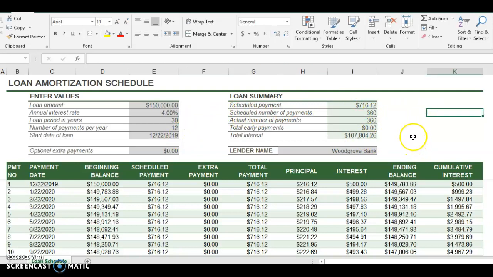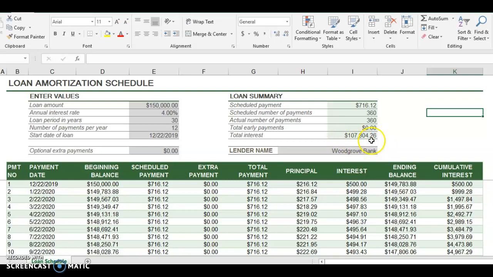And this is what I love. As I was changing these numbers, you may have noticed that these numbers were changing. The scheduled payment monthly would be $716.12. The scheduled number of payments is 360 payments throughout the 30 years. And then the total early payments, we put 0 in here. And then the total interest that they will pay in 30 years for a $150,000 home is